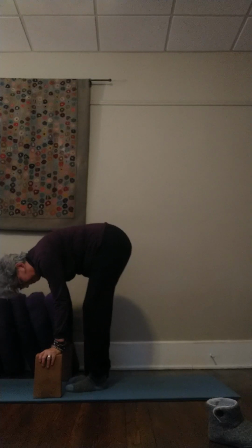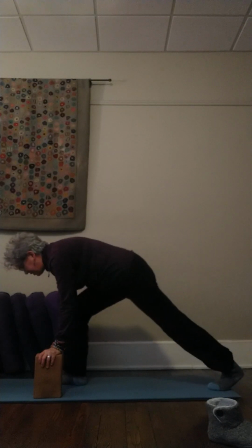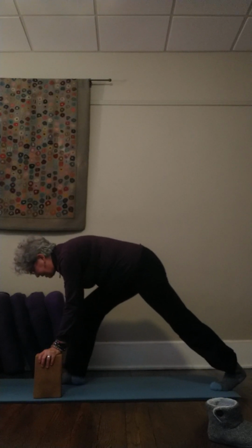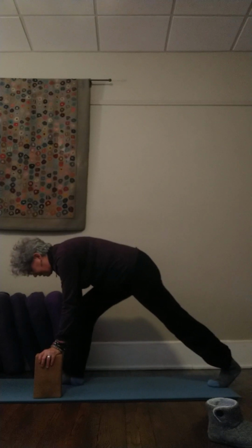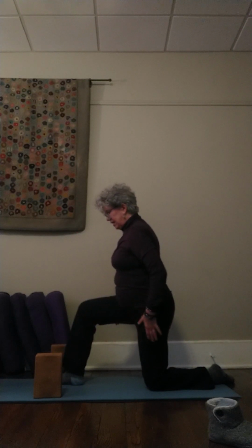And then taking your time to come back to center, stepping back with your left foot, coming into a lunge, making any movement here that feels curious or interesting. It's the beginning of the day. You're not going to go too far deep into it. You can stay here. Your hands can be on either side of a chair if this isn't available to you, to have blocks or the floor. Or you can bring that left knee down,